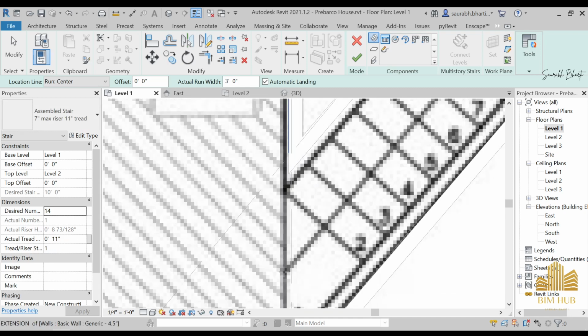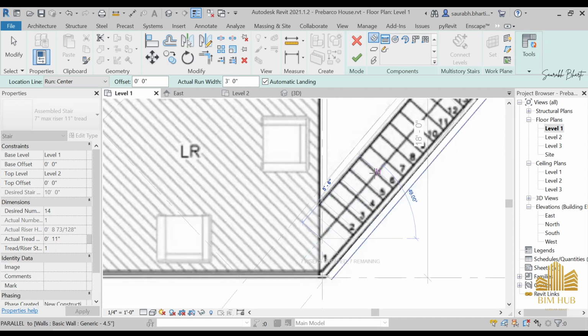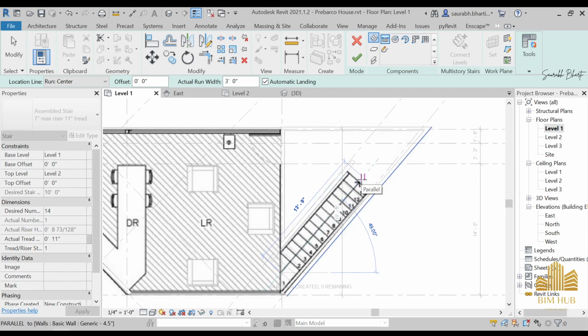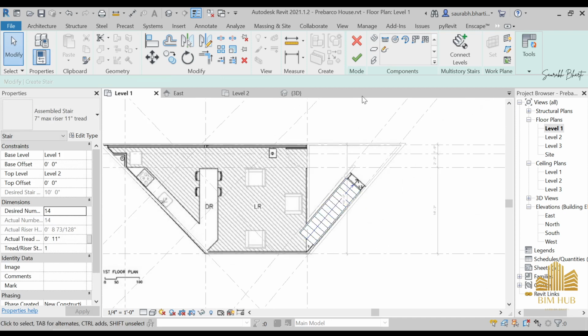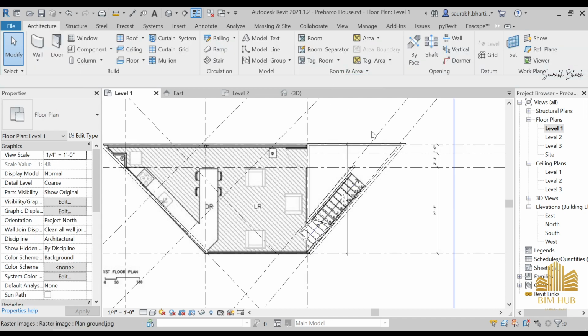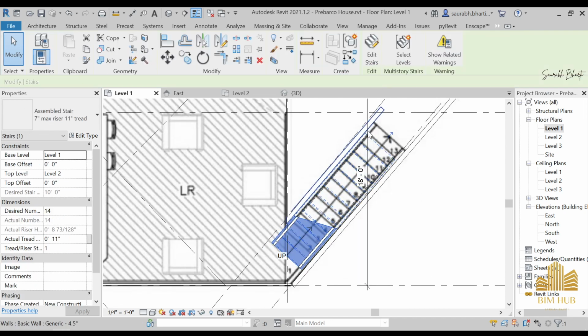So we need to make our stair from this point to this point. So we made a stair, just press OK. First you press OK, and we have a stair like this, but this is not what we need right now. So what we will do is